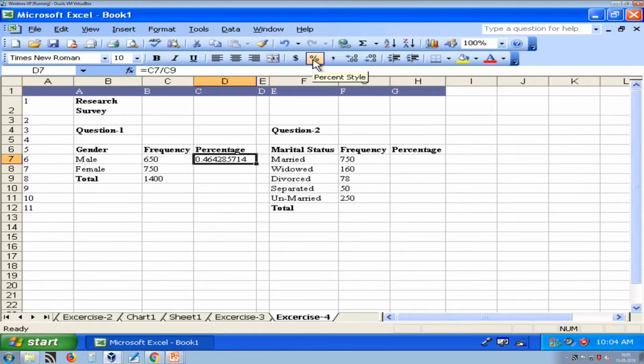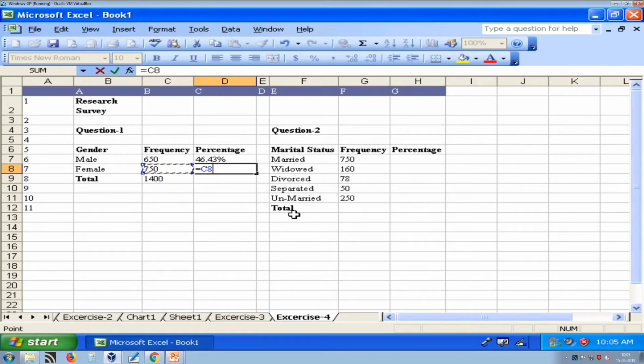You can increase or decrease decimal places from here. So, our male participants represent 46.43% of total participants.